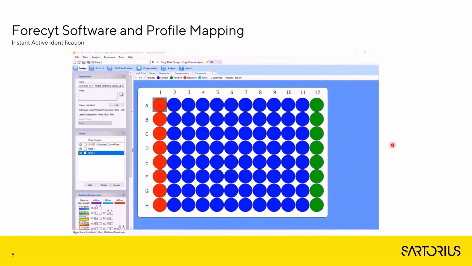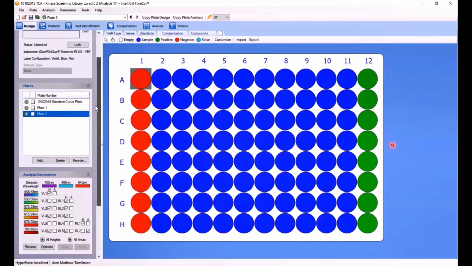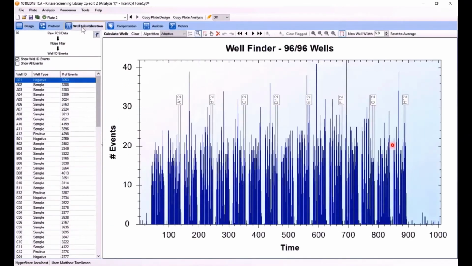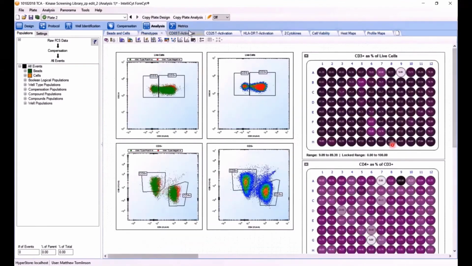Now I'm going to walk through how we would utilize the IQ3 to analyze a potentially immune cell killing data set. In this example, we're actually looking at immune cell activation. So we'd set up our plate here. We could choose our channels of interest, choose our wells we want to sample. We can then determine which data corresponds to which well. We can then gate on our beads and our cells. We can perform singlet gating. We can also look at the beads. We can look at our live cells, our dead cells, and then we can perform immunophenotyping.